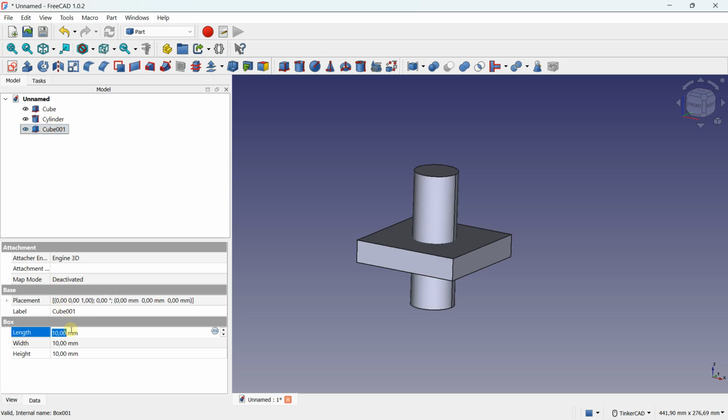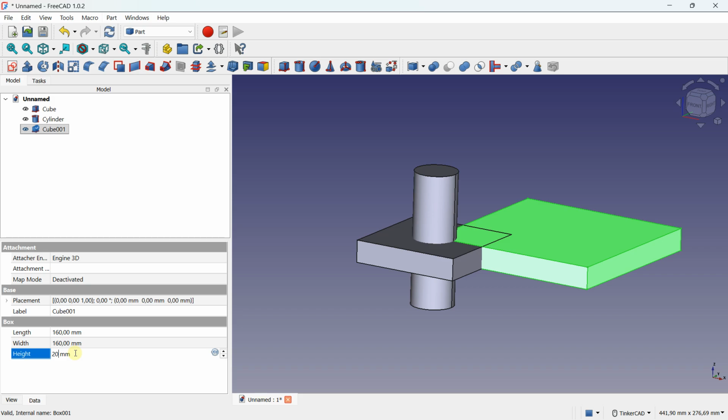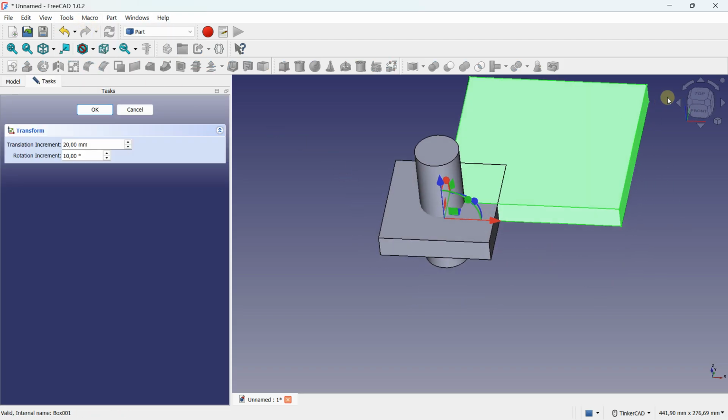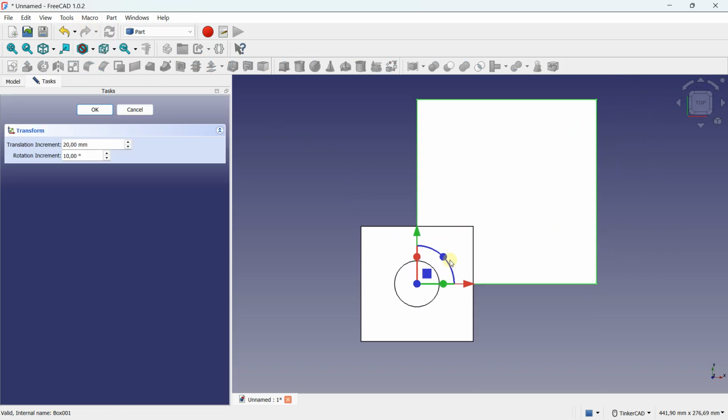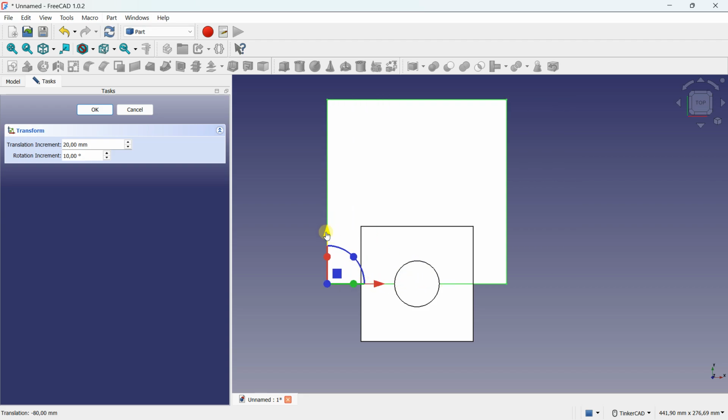I will click on the cube and I will define 160 in length and 160 wide. And here I will take 20. And I want to center this cube, so I will go on this option. But something that you can do also is to click on the cube, right click, Transform, and you can have access to these panels and define the translation increment. If, for example, I use 20, it means that I can move every 20 millimeters,